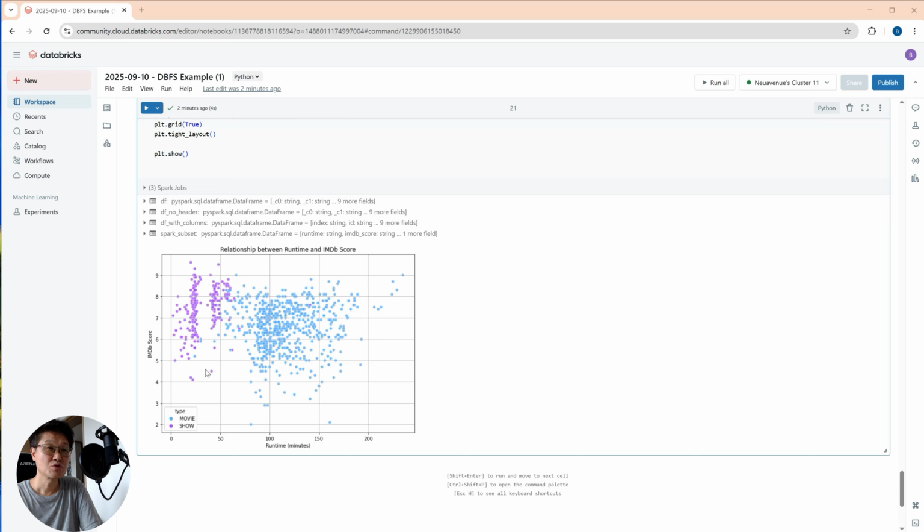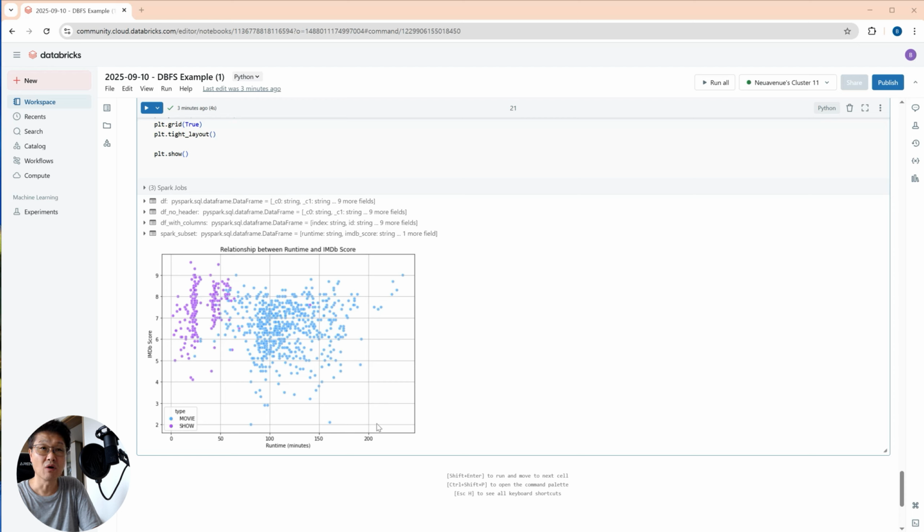Shows have shorter runtimes than movies, right? So it is mostly under 50 minutes, with a wide range of IMDb scores, approximately 4